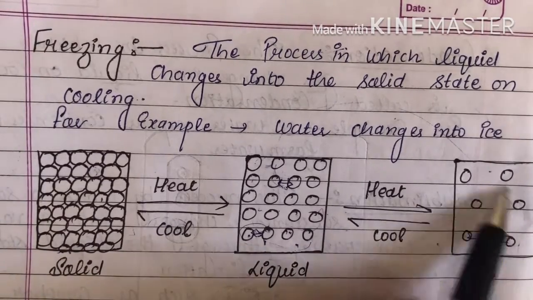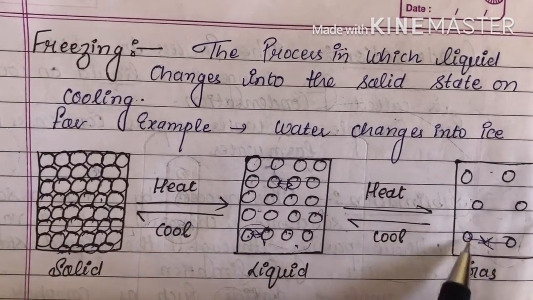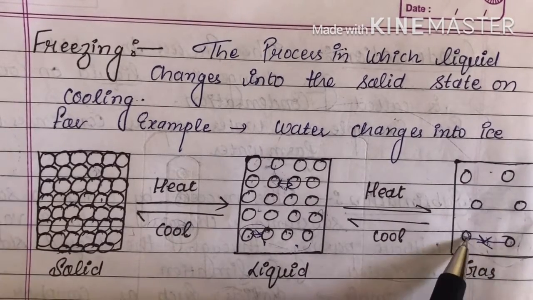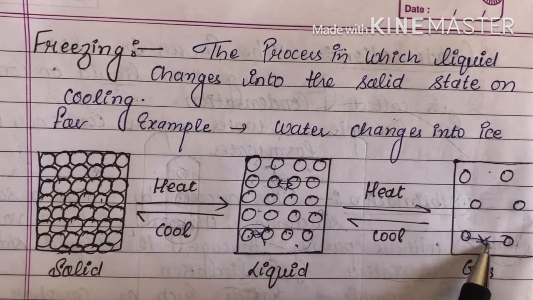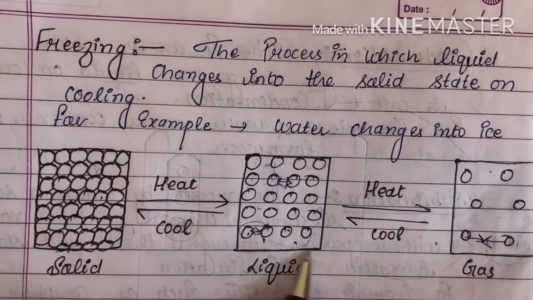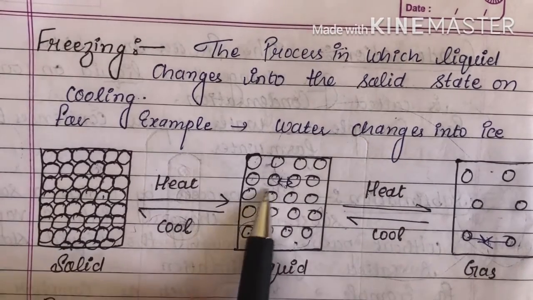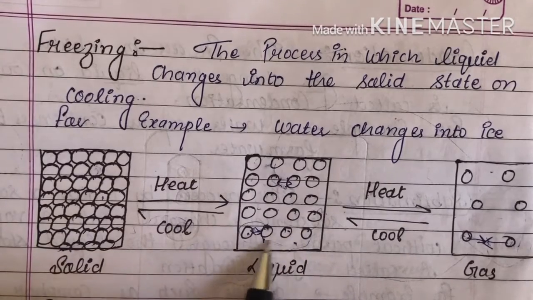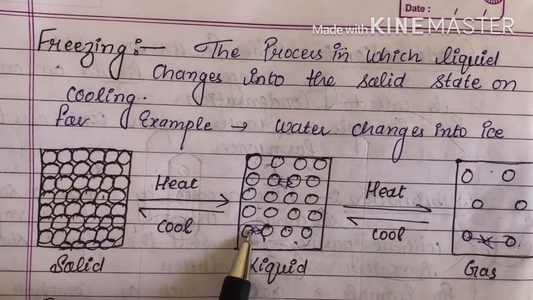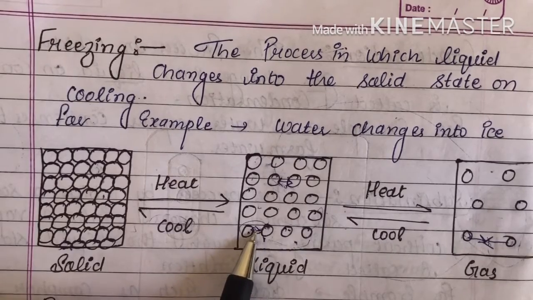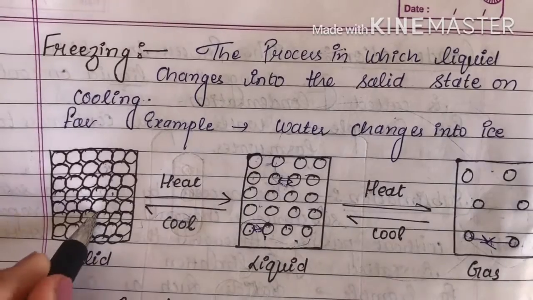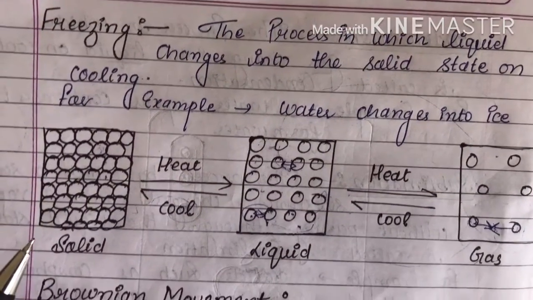So in gas molecules, if we apply cooling, what will happen? The molecules move closer. When they move closer, they act like a liquid. In the case of liquid, if we apply more cooling, then the attraction increases, the molecules move together and form the solid. Okay, so next one is